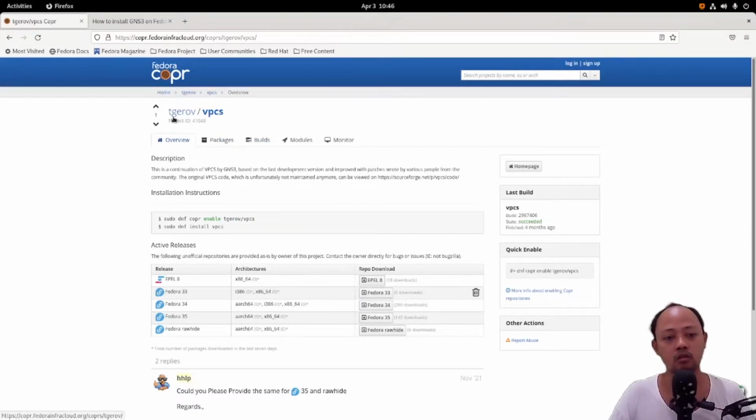It's called the Grove VPCS. We can use this for the easiest way to install VPCS. Just like other repos, we need to enable this repo before we can install the VPCS.